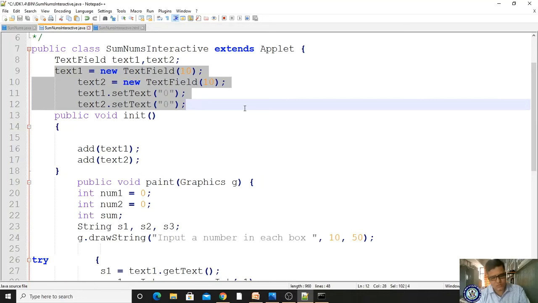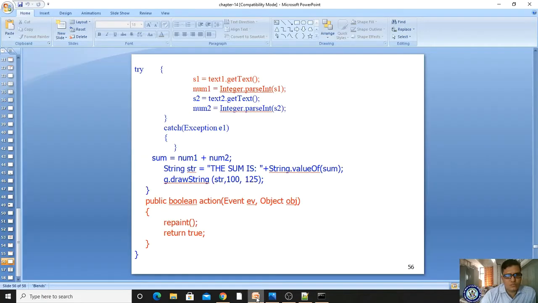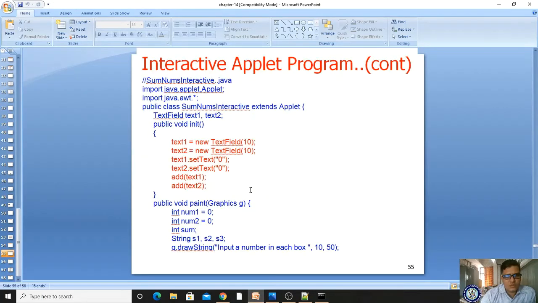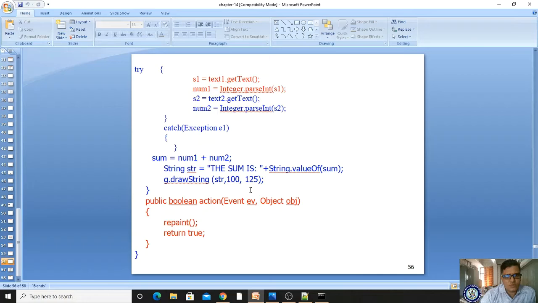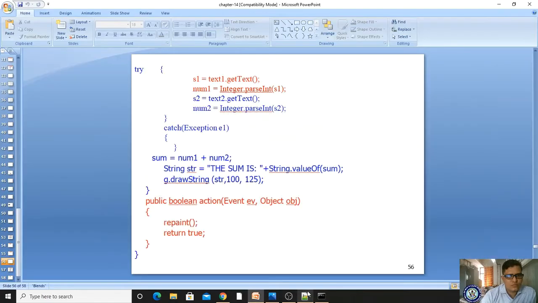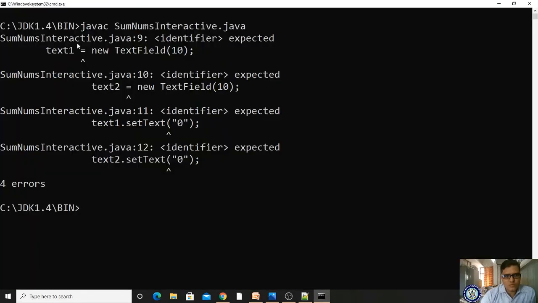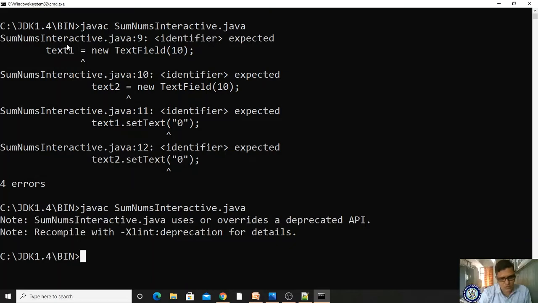What you have to use in the initialization method is text1 comma text2. Right. You run this program, it will execute. Why is it not executing? New TextField. So there is an error.